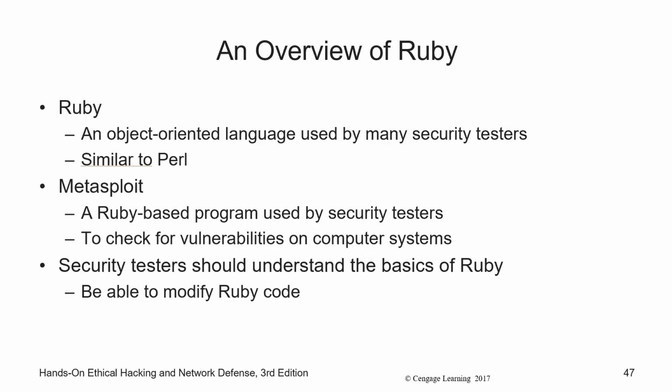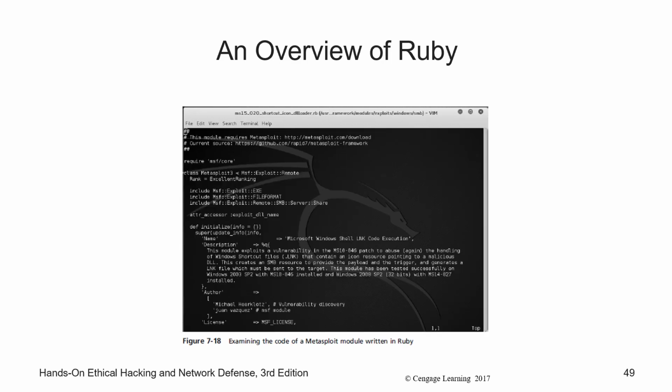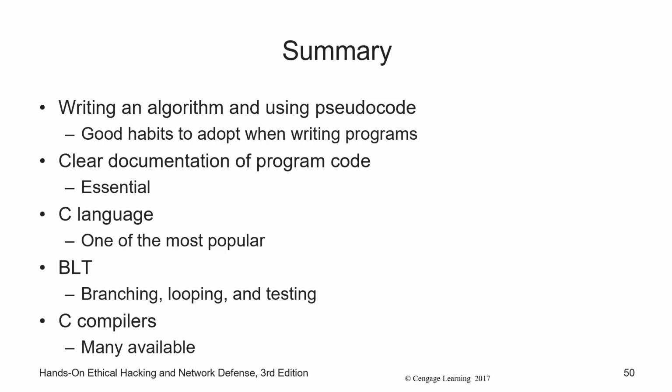All right, Ruby, no one's using it anymore. Don't bother. Yes, Metasploit is Ruby-based, but the number of programmers who are actually writing in Ruby now is tanking. Look at Python. And remember, we've done these videos in 2020, so 5 years from now might be something different, but nobody uses Ruby anymore. Here's an overview of Ruby. Don't bother. Let's talk about the end of the chapter.